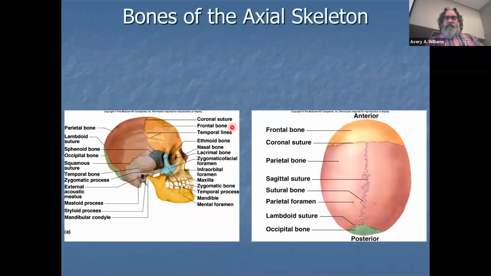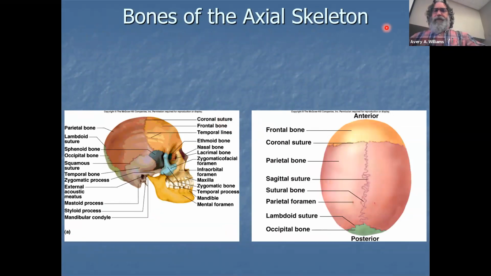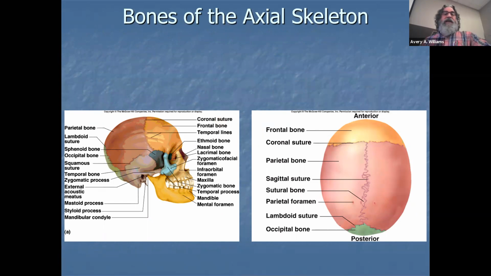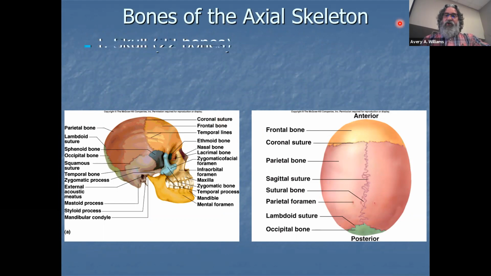So, bones of the axial skeleton. What we're going to do, is that what this says? I can't even read it. That's what it says, bones of the axial skeleton. We'll go through the axial skeleton, we'll go through the appendicular skeleton. And beginning with the axial skeleton, what are the bones of the axial skeleton? Well, you start with the skull, of course, the skull,